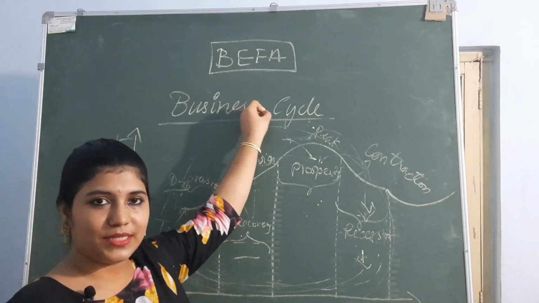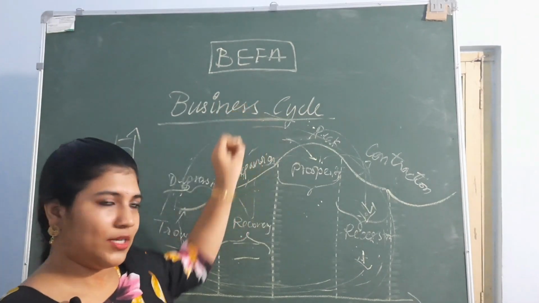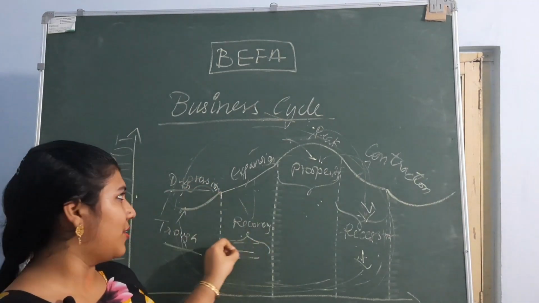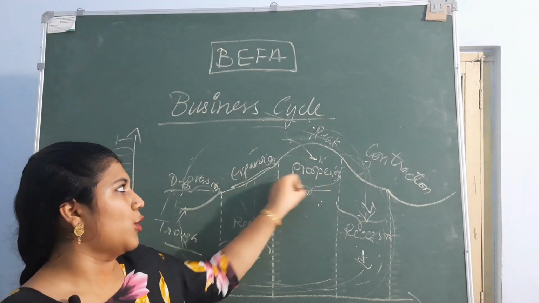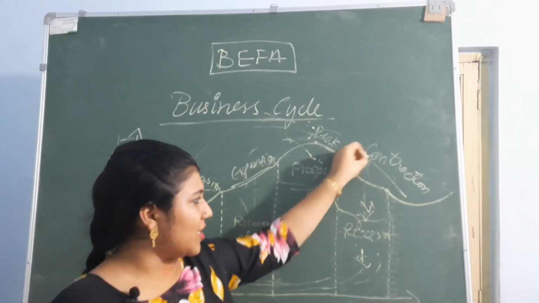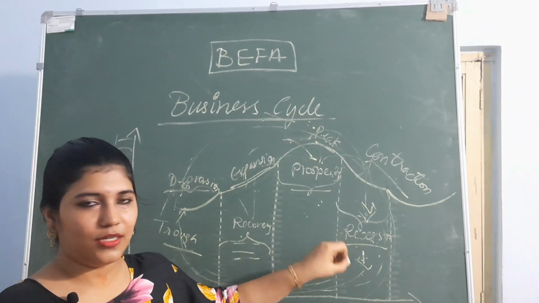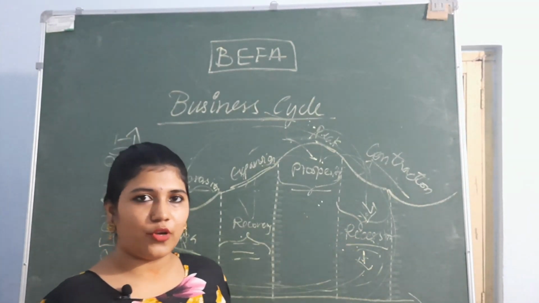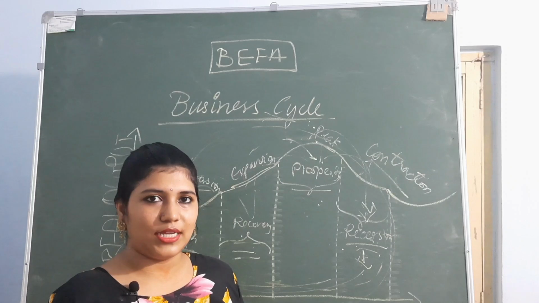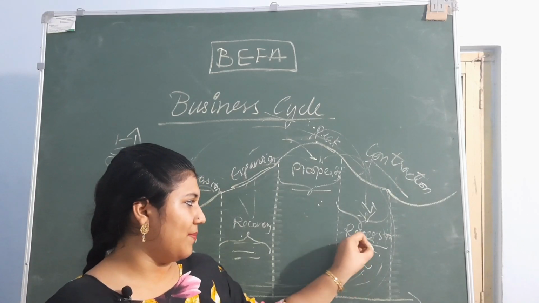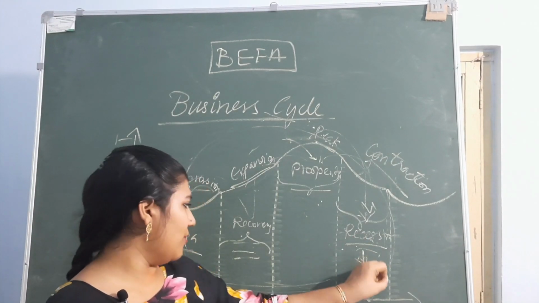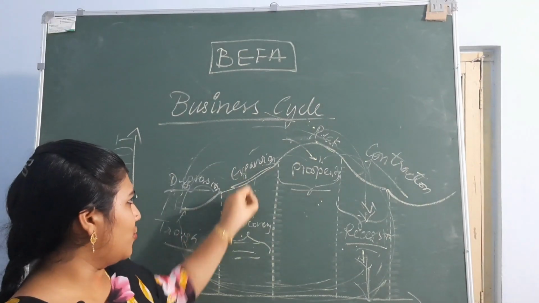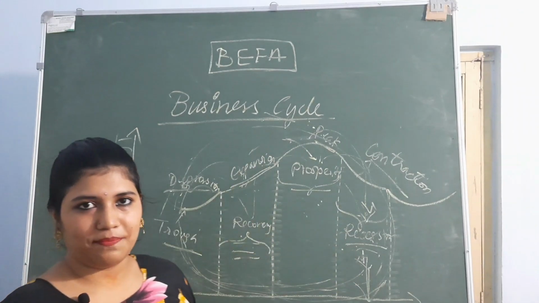This is how the business cycle functions. What is the first stage? Trough and depression. Then recovery and expansion. Prosperous peak, contraction, recession. Clear? Recession is like joblessness. Why do they become jobless? Because wages fall down and there will be worker strikes and all, and that completely goes down and again comes to the trough depression stage. Then it goes to recovery. It follows the same.